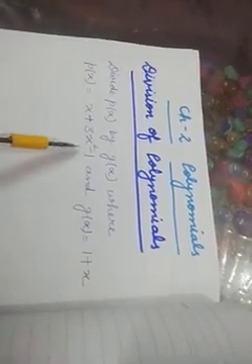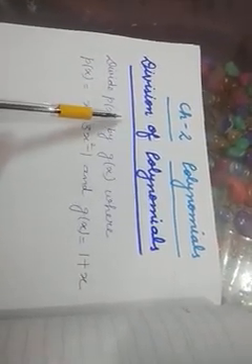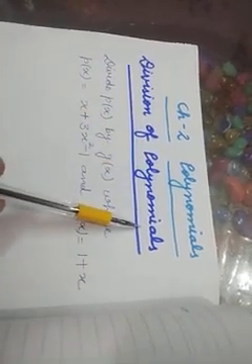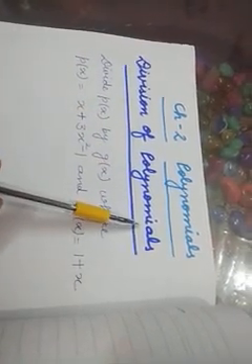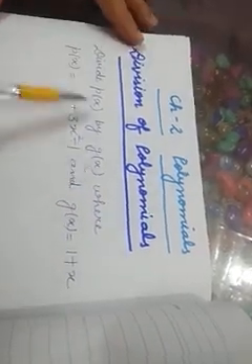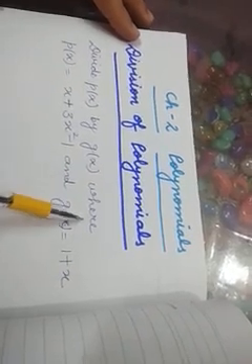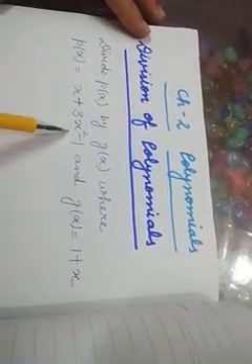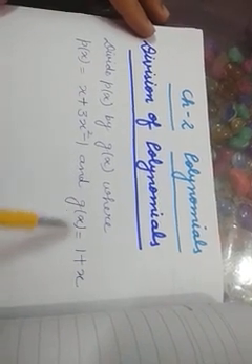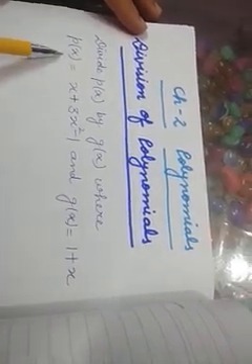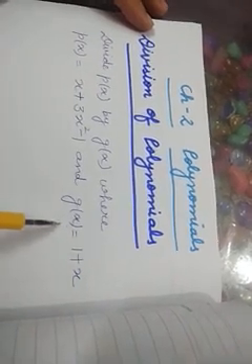Hello students, in today's maths class we will learn division of polynomials. Suppose p(x) and g(x) are two polynomials and you want to divide p(x) by g(x), where p(x) is x square plus x plus 3x square minus 1 and g(x) is equal to 1 plus x. So you want to divide this p(x) by g(x).